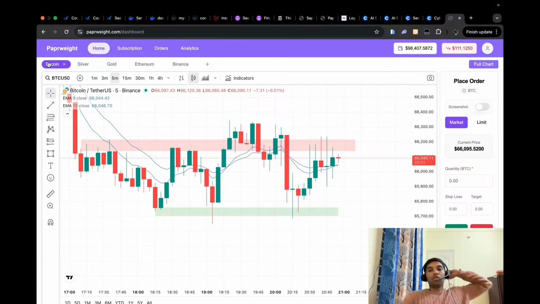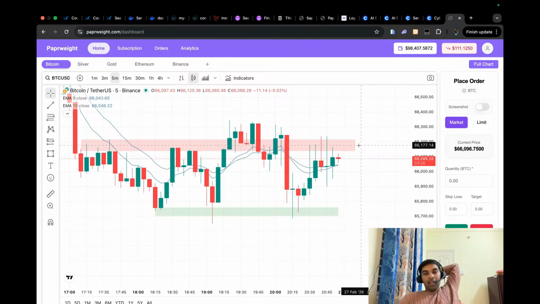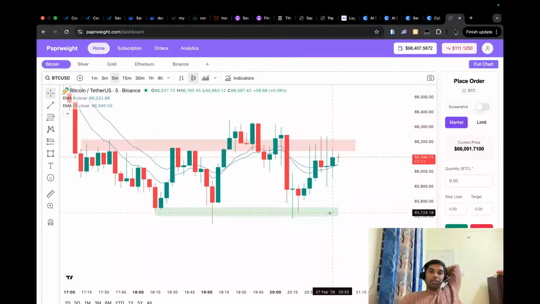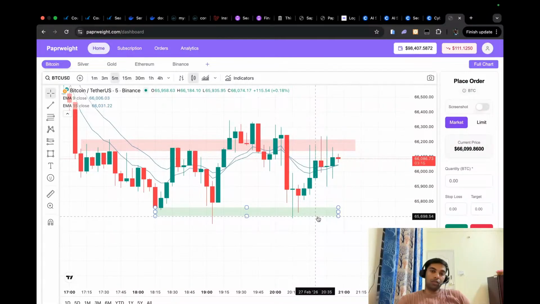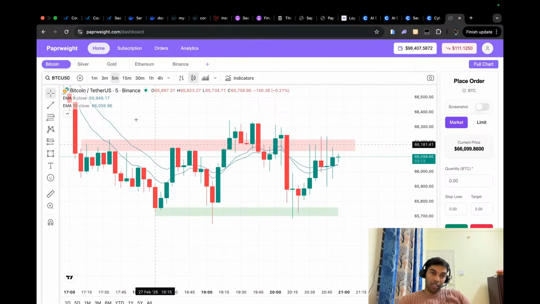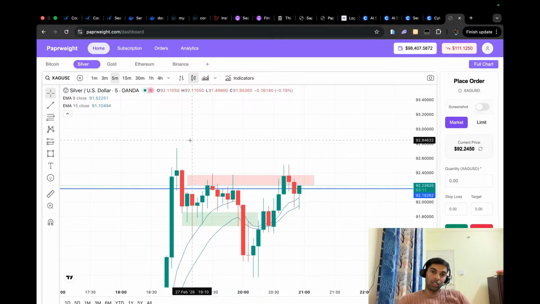All right, guys. So we can just see that the market is in a choppy range. It is in the upper trend, taking rejection from the upper trend line, and it is taking support from the lower trend line, lower zone, right? Rejection from the upper zone and support from the lower zone. So it is moving in a channel in Bitcoin, and in silver you can just see it is also moving in a channel only. So it is trapping buyers and sellers. In gold,